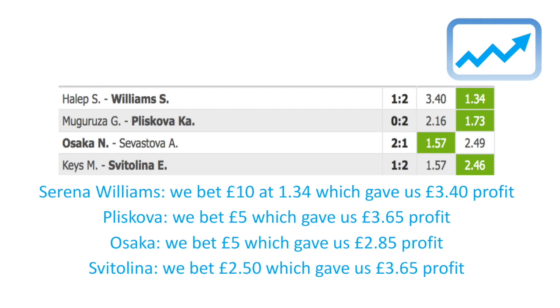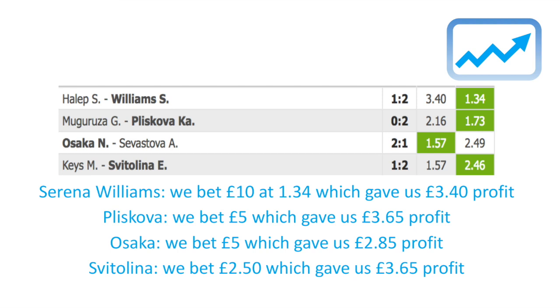And then finally, Svitolina started the match at odds of 2.46. So with the staking plan, we put down a 2.5% stake, which of course is £2.50, and this gave us £3.65 profit. Now, one thing you may have noticed here, which is actually very clever, and it's the way